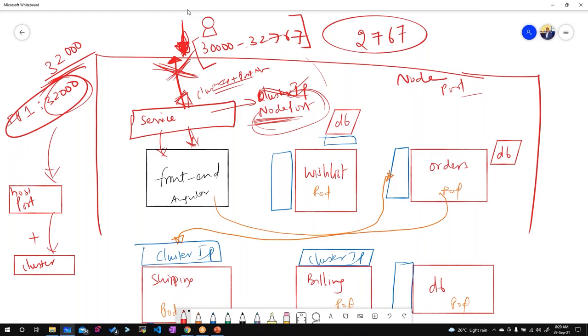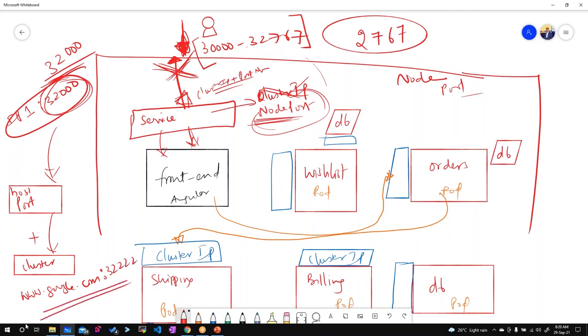Now these ports are there, but who is going to use these ports? In production, are people going to access your application using a port number? No, right? What if Google asked you to access their web application or the Google search using www.google.com colon 32222?